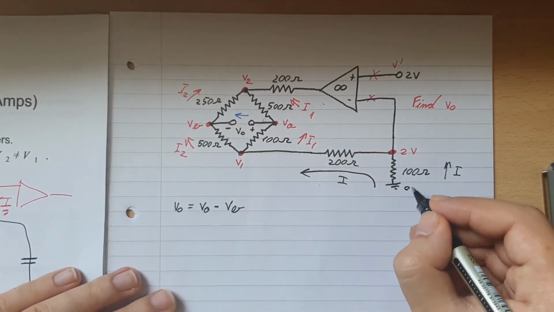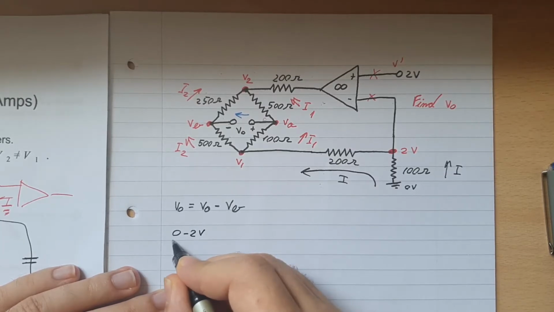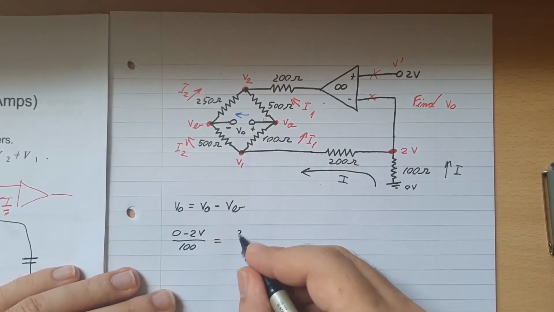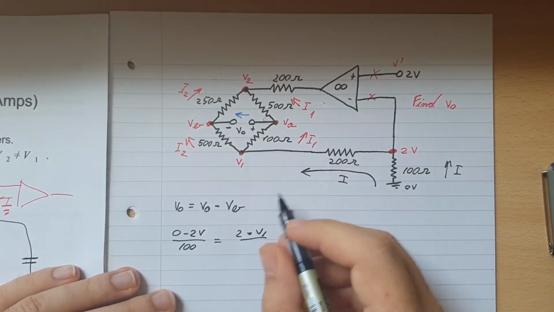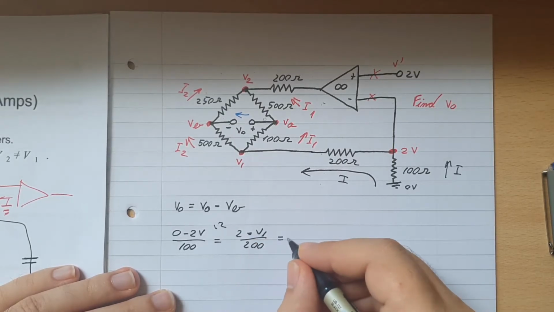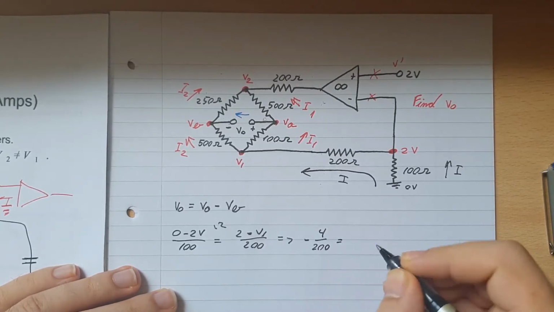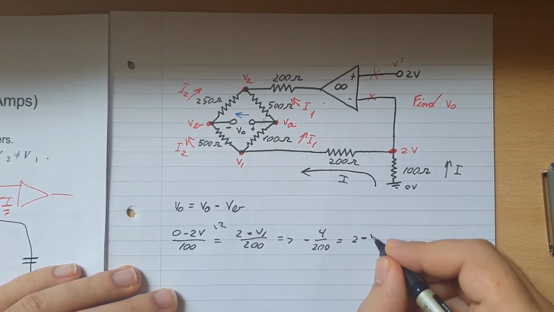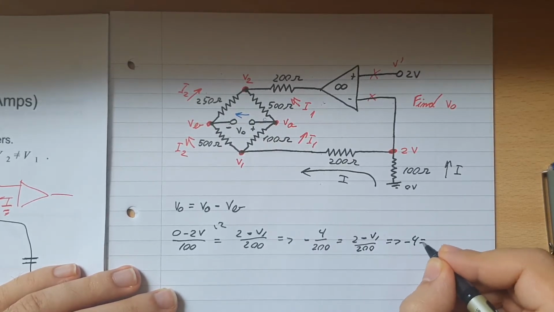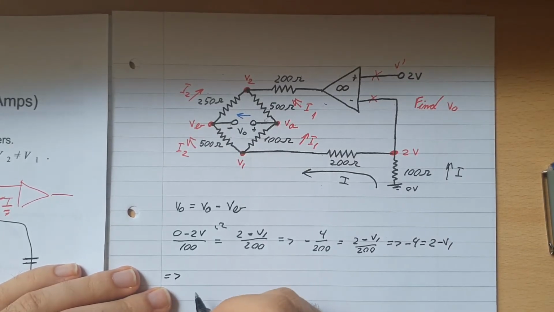So this is 0 volts, so you can say that 0 minus 2V divided by 100 is equal with 2 minus V1 divided by 200. Alright, so we multiply this one by 2, therefore minus 4 over 200 will be equal with 2 minus V1 over 200, therefore minus 4 is equal with 2 minus V1,